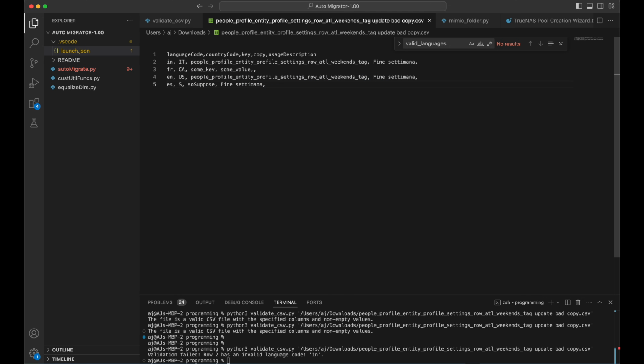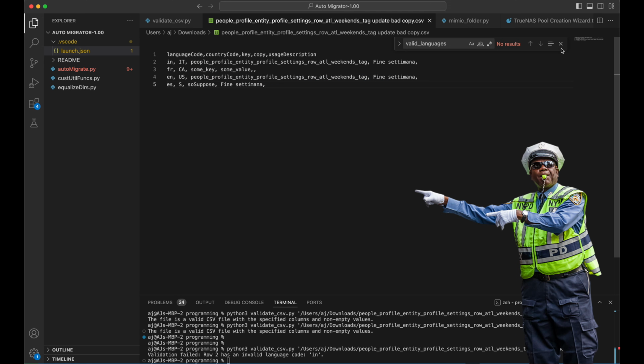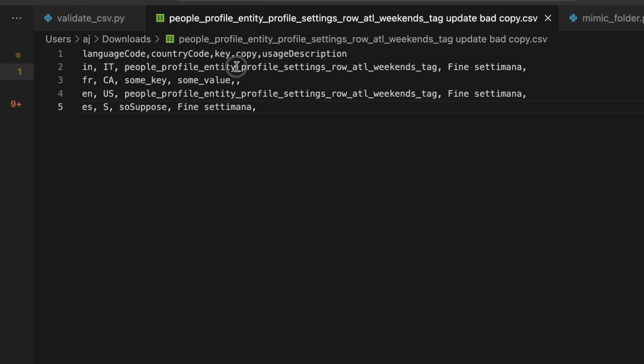So the purpose of this script is to enforce some rules in a CSV file. We have this header, starting with language code, country code, key, copy, and usage description. Usage description can be optional, but everything else is required. And then we have certain constraints on the values. There are certain language locale values, and certain country code values that correspond to them, which the script automatically checks for. It also checks for snake casing instead of camel casing, so it'll fail over here, and makes sure that there are corresponding values, so it'll fail over here as well,